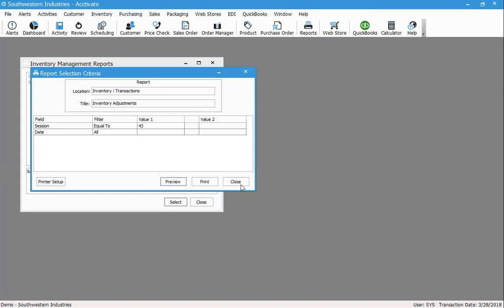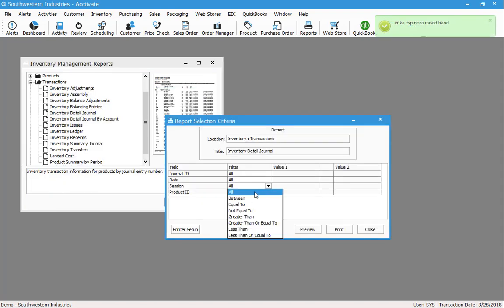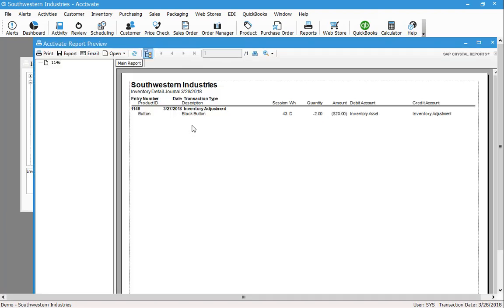And while that's the transaction, I can also look at that in the journal itself using the inventory detailed journal report, which is super handy. And I can look at that very same session here, and this will show me how it actually writes into the QuickBooks file. So here's the journal entry number 1146. There's the session 43, quantity of 2, $20 gets removed, and it shows your inventory asset gets debited, your inventory adjustment gets credited because this is an inventory adjustment type